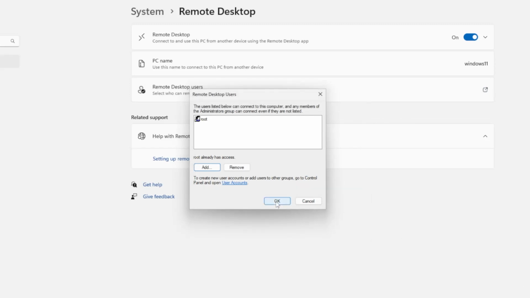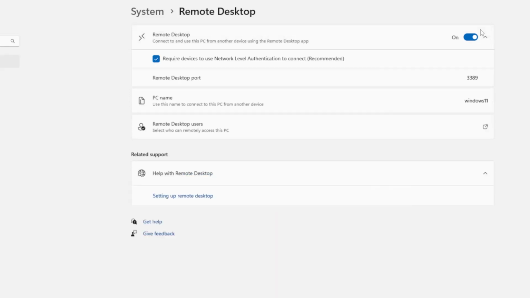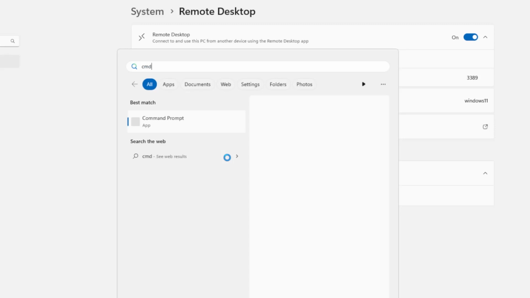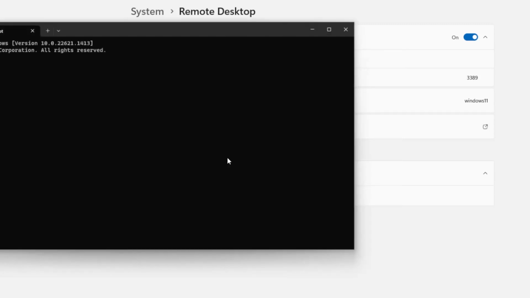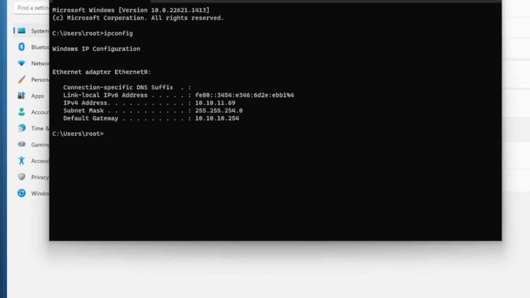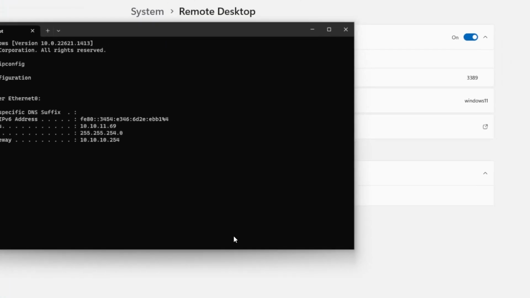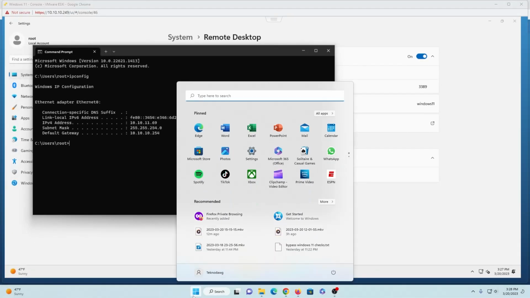We need to find out the IP address of the computer in order to connect to it remotely. To do that, we're going to click on the Start button and go to the command prompt. You can get there by typing in the letters CMD. You're going to type the command ipconfig. That's going to give us an IPv4 address, and that's what we're going to enter into the remote desktop